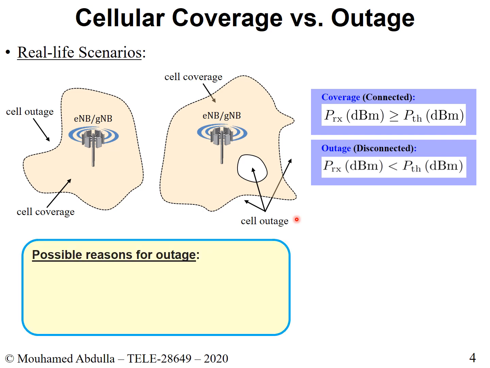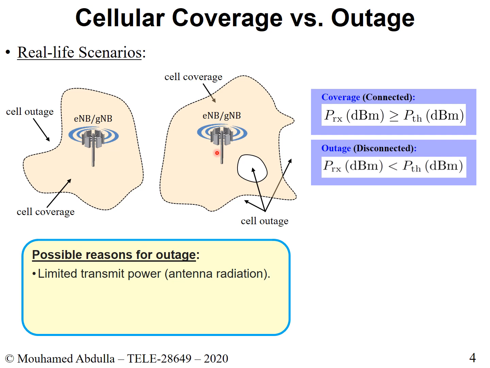Okay, so let's see the possible reasons for outage. I mentioned it to you right now, but I want to show it to you in a written way so you have it in a clearer fashion as well. One key reason why one could have outage is that the transmit power is limited. Your tower here has a certain power, and it doesn't transmit beyond that. So it's a limited transmit power. In general, cell towers will transmit at around 40 watts, perhaps. That's the typical thing, perhaps a bit more, a bit less.